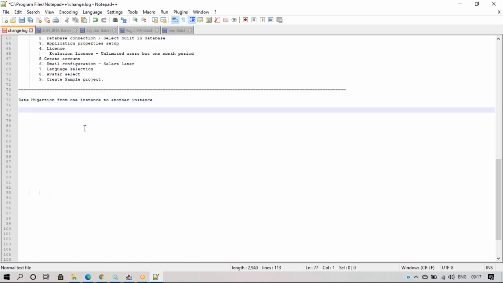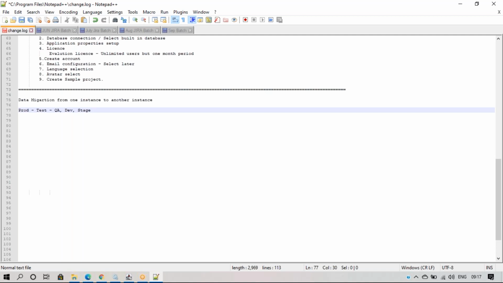Okay, so today's topic is data migration from one instance to another instance. At the organization level, how does the requirement come about? In any organization, they don't use only the production instance. We can call it the production instance, and next we have a test instance. Production is the standard name, so any organization will call it production. But for the test environment, they call it test, QA, dev, or stage environment. So all of these four are test environments.